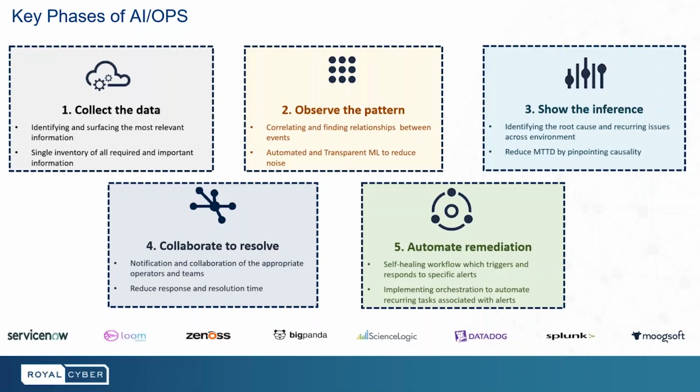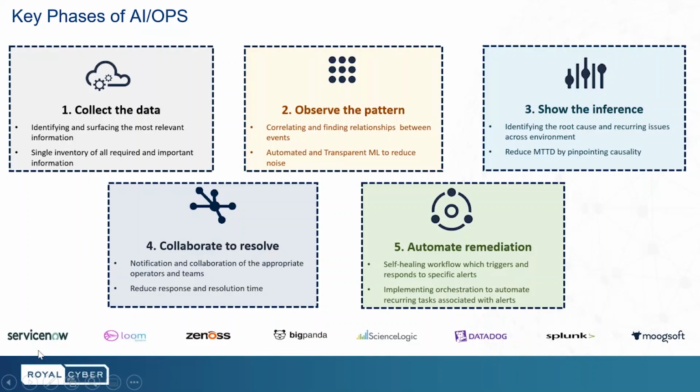Number two, observe the pattern and show the inference. What does that mean? You need to have ML in place, machine learning, artificial intelligence in place. What is artificial intelligence? It is about learning the past and predicting the future. Learning the right past, reading the right material of the past so that you'll be able to correctly identify the future. Who can do it? The person who has access to the past can do it. Who has complete access? ITSM has complete access. What is ITSM? ServiceNow. Again, is it not possible to replicate and give it to somebody else so they can learn it? Absolutely yes. The overhead, in my view, is higher. So in that way, I'm going to concentrate more on